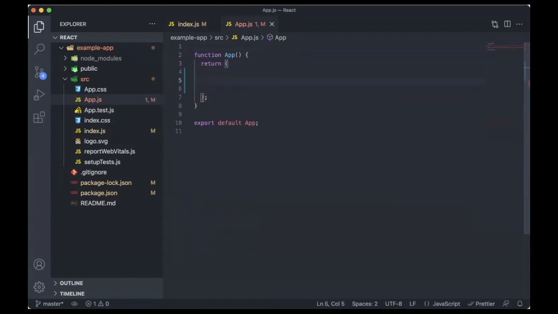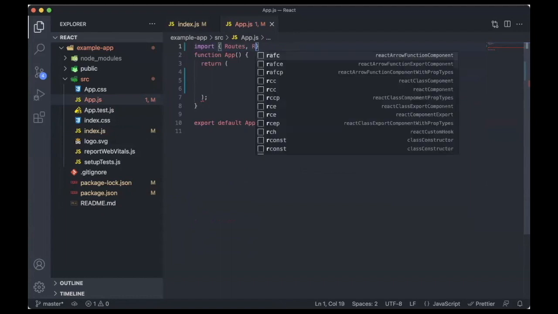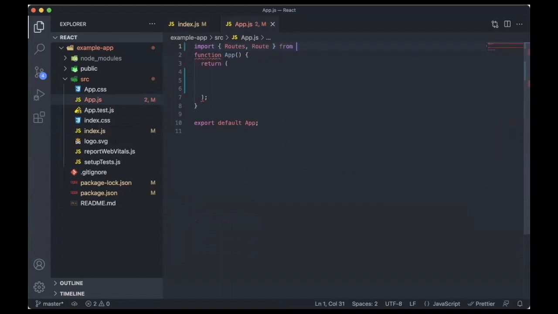And inside my return, first I will import Routes, then I will import Route from react-router-dom. And inside my return, I'm going to create a Routes tag, opening and closing.